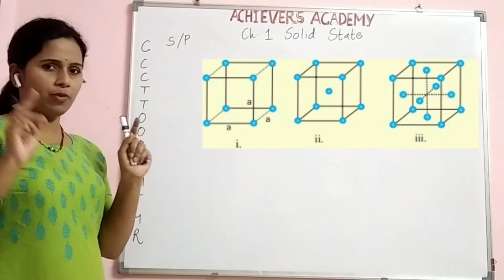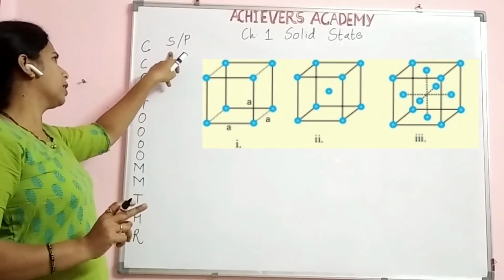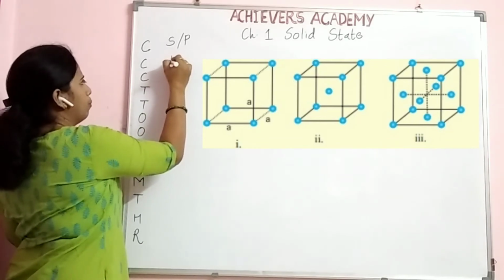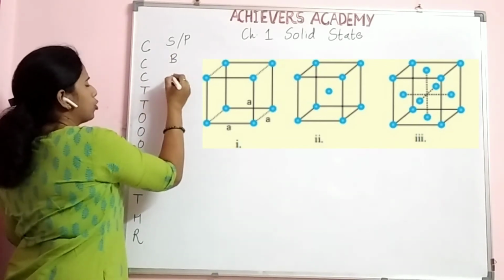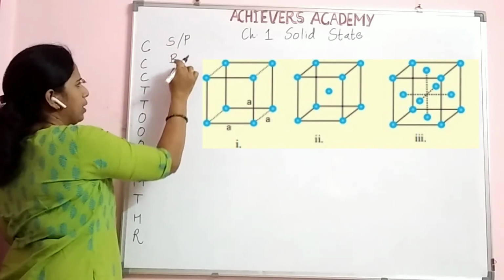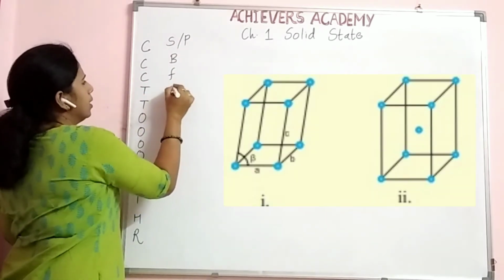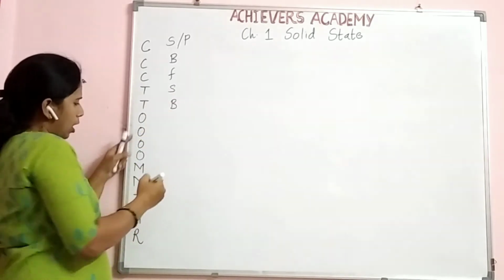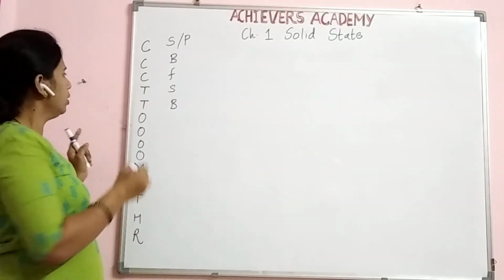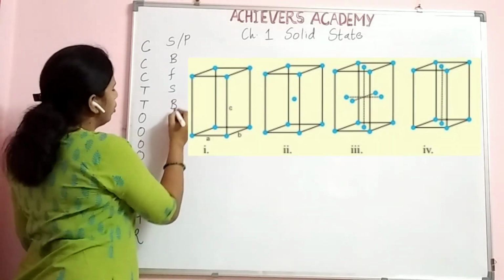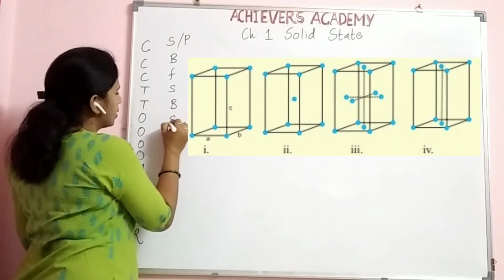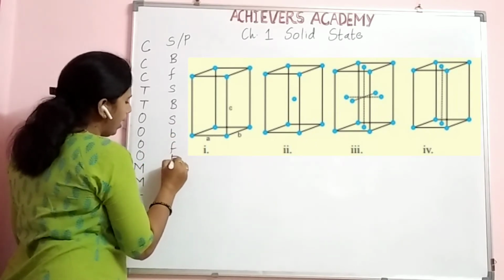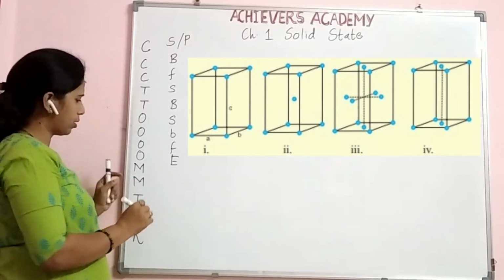We have studied the 4 different types of unit cell. So it shows simple cubic or primitive. It also shows body centered cubic and it shows face centered cubic, SBF. Then again simple cubic, body centered. Then this orthorhombic kind of a crystal system unit shows all different types. That is simple, body centered, face centered, and end centered. That is base centered we have studied.